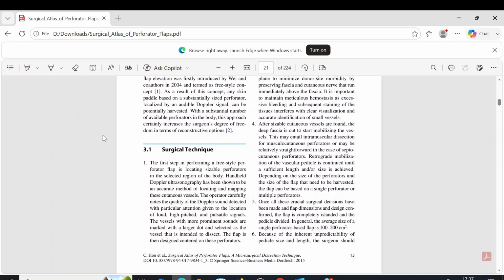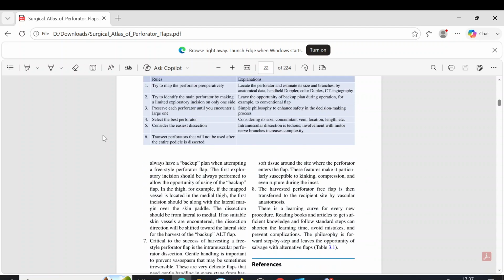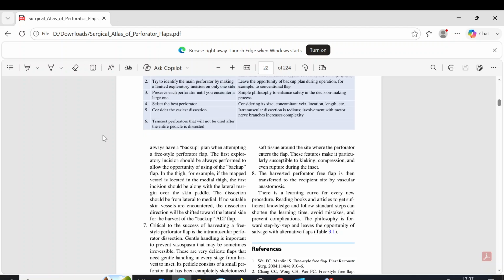Because of the inherent unpredictability of the pedicle size and length, the surgeon should always have a backup plan when attempting a freestyle perforator flap. The first exploratory incision should always be performed to allow the opportunity of using the backup flap.